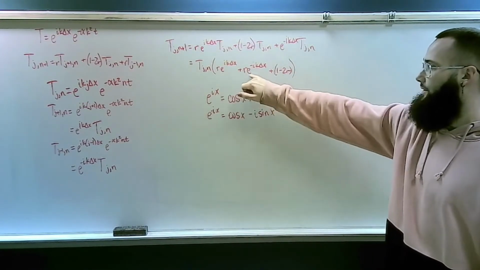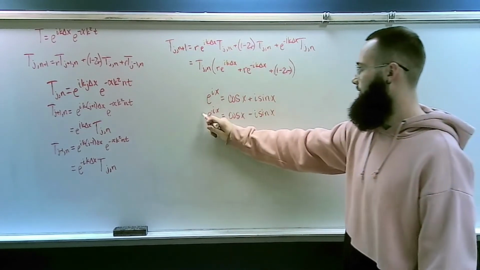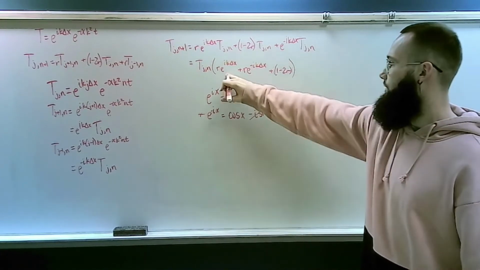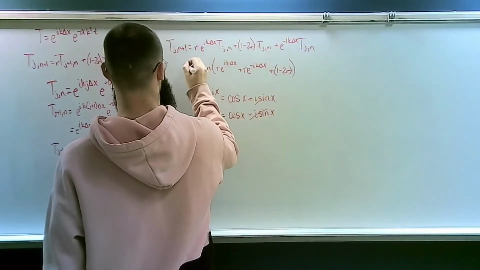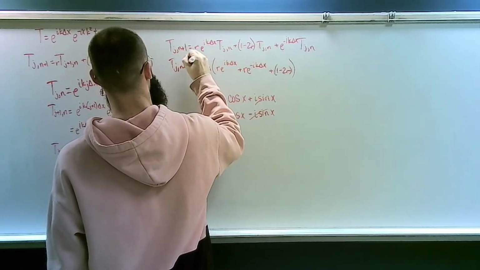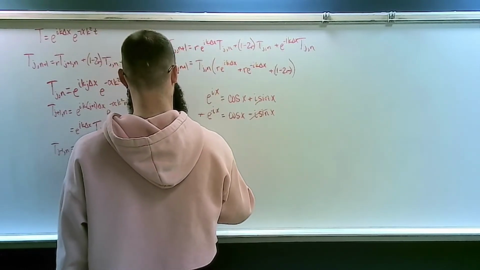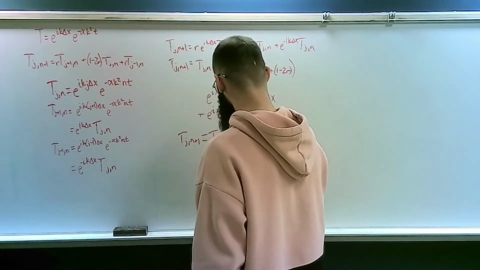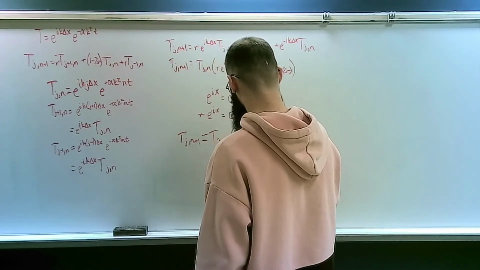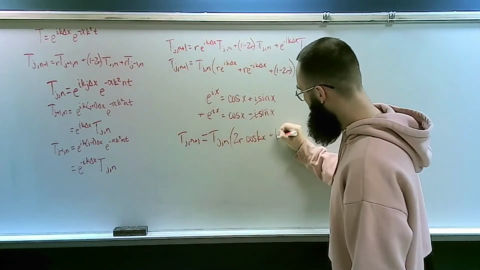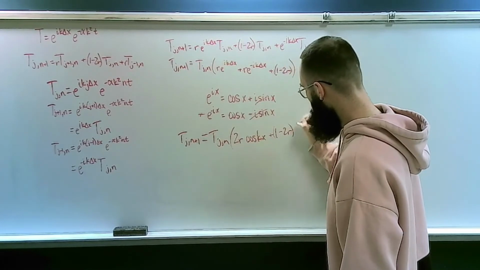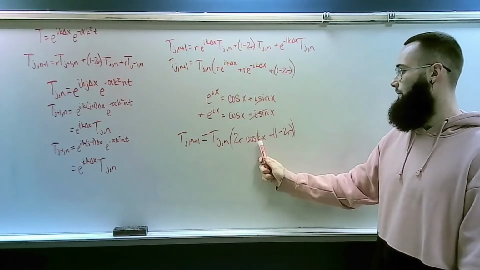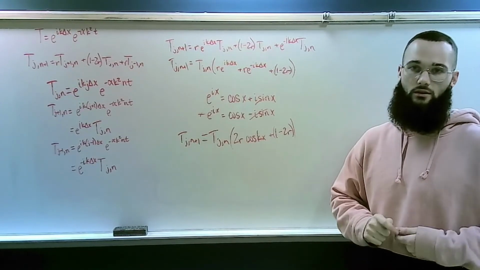So because we add these two together, you can see that the sine terms cancel out. So these two added together, we can say it's just going to be 2r cosine kx plus 1 minus 2r. And so this is very important because it gives us this cosine function, which will make it very easy to take the limit